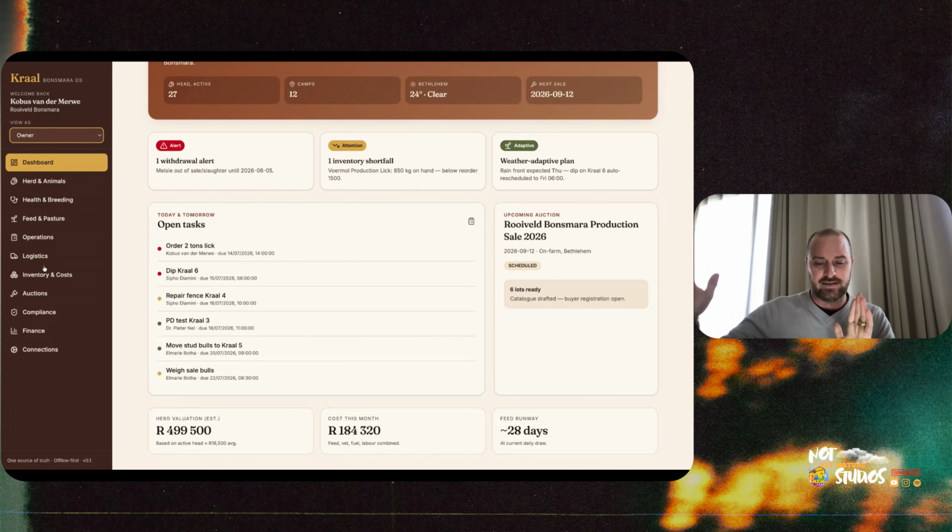They really wanted to condense. They didn't want to view the entire month, although later on here is a connector to view the entire month. They've got their alerts. For example, in this test, we did one withdrawal alert that tells you a specific cow was taken out for whatever reason, so it's taken out of the sale and slaughter equation. There's attention on inventory shortfall, running the inventory logistics, and adaptive planning that allows you to plan your business while reading real-time weather data in advance so that you don't always have to think about that. And then a couple of things like the herd valuation, the cost this month, and the feed runway